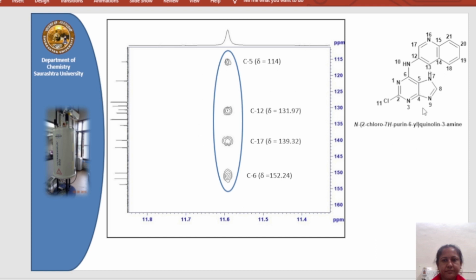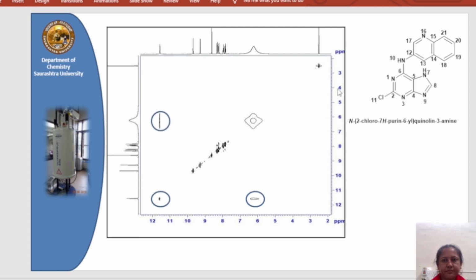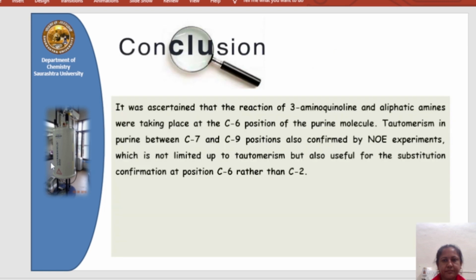Now the next important point is finding the tautomerism. In the purine molecule, proton transfer between C9 and C7 takes place very easily. So here we studied it using the nuclear Overhauser effect. We recorded a 1H-1H spectrum, and from that we find the diagonal line and the off-diagonal peaks. Studying the diagonal line, we complete this peak and find that this H is situated at position 7, not at position 5. That type of study we can do with the help of 2D NMR spectra.